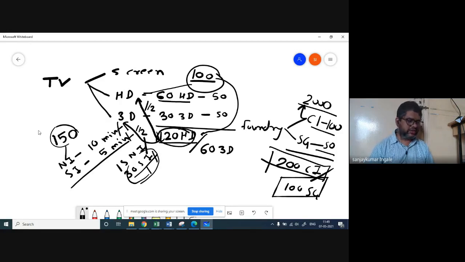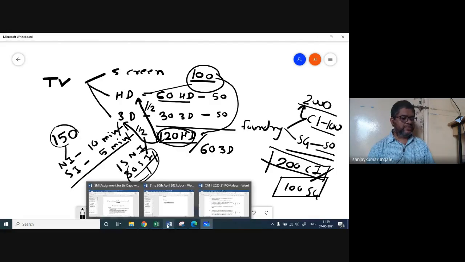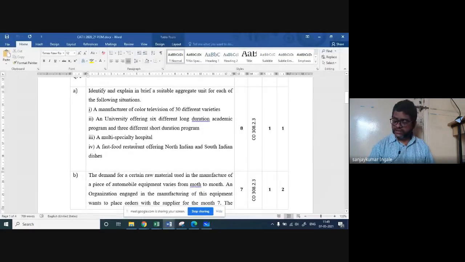So this was the answer to the first question, which was for about 8 marks. Some of the students have written it correctly. But I assume that you will not make a mistake when such a question appears in the end semester examination. Again, I repeat, the units will not be the same. The unit will be different, maybe an automobile manufacturer. And you may have to write about the aggregate unit for an automobile manufacturing unit which is producing a variety of vehicles: two-wheelers, four-wheelers, and maybe electric vehicles also. Got it?